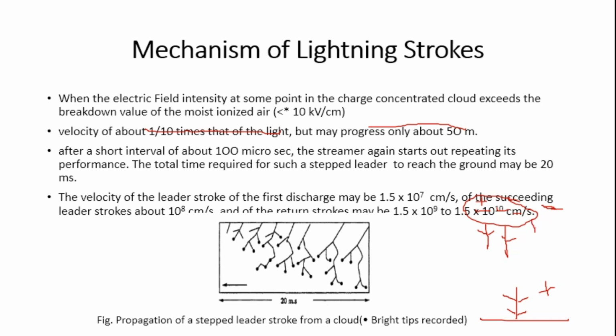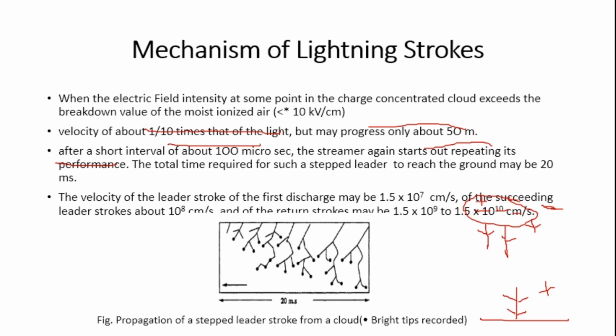So which one could be capable of making the contact between the cloud and the ground? We will consider it as a leader. You can see too many branches with the help of this figure. So this will come and halt at this point. After a short interval of time, let's say 100 microseconds, this streamer again starts repeating its performance,